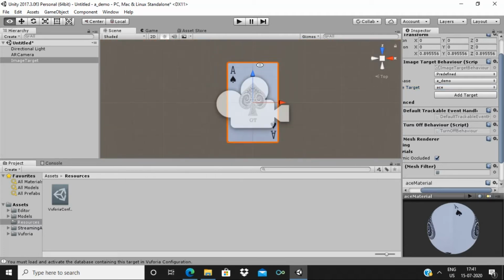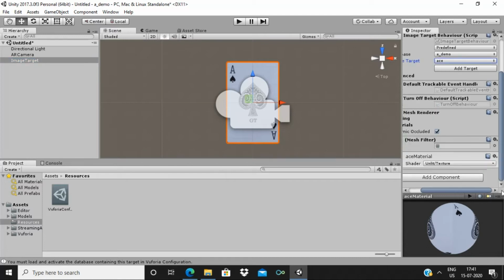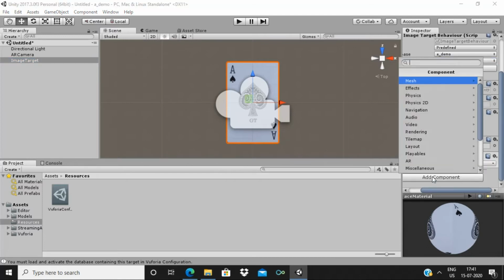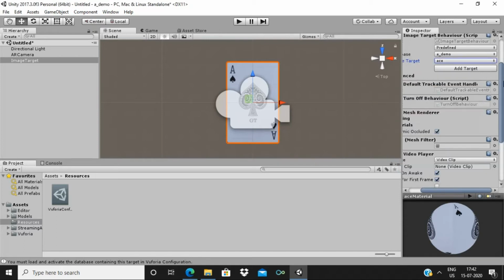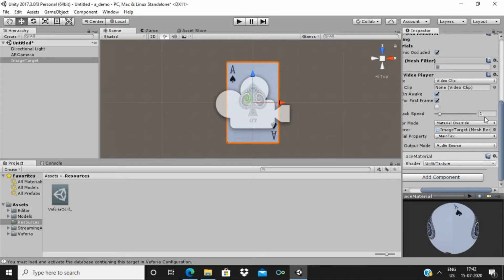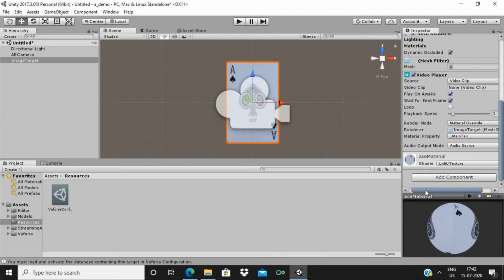a bit. Okay, now what we need to do is we want our target here, but when this is recognized by the AR camera, what needs to be superimposed on it should be selected now. For this I am going to use a video. So what you need to do is click on image target, and in this, here you can see add component. Go to that and go for video player. I've selected it as video player, and these all should be the same here. Don't change anything.